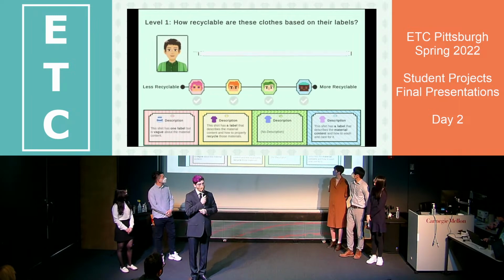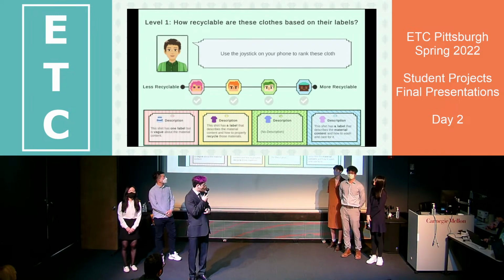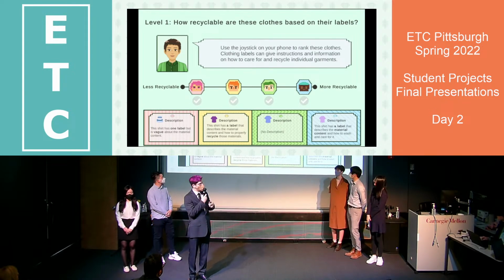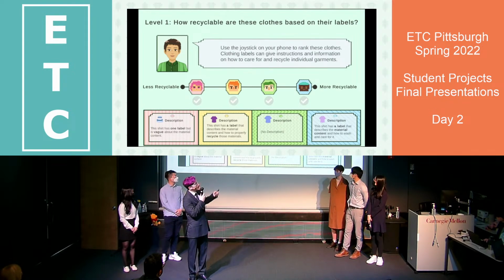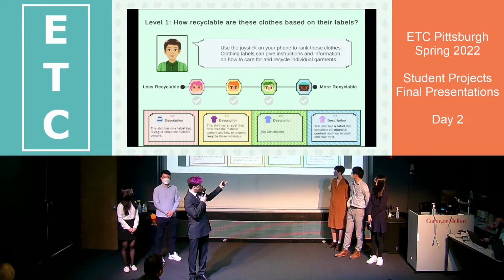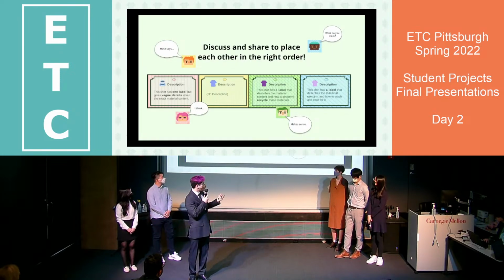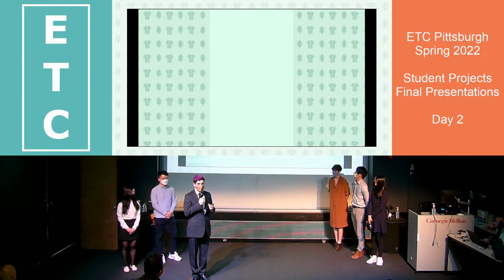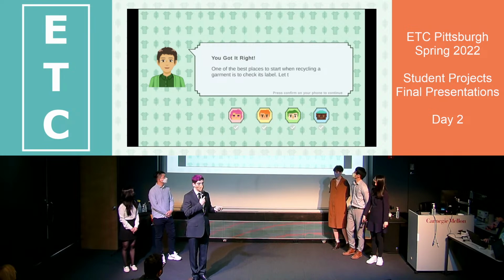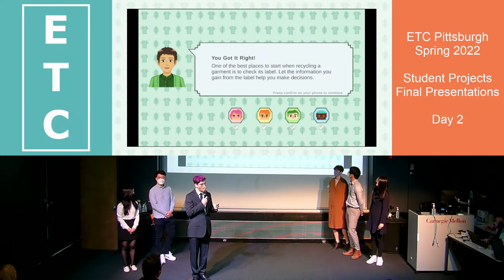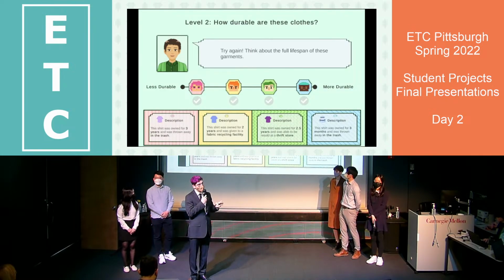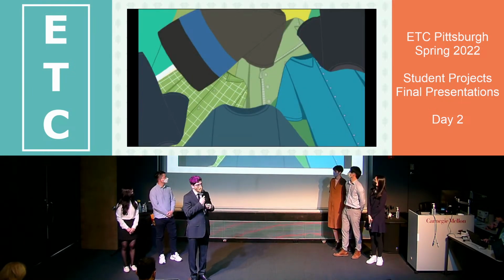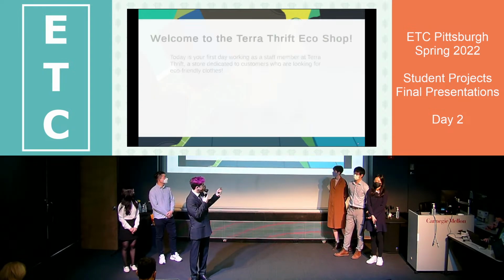This is an example level in our game where each player is assigned a garment which has a different description, different attributes, and they're trying to move themselves along this scale in order of recyclability for this first level. Different levels would talk about different attributes. Communication is encouraged, so it's not just something that you're able to do on your own. You need other group members to work together in order to beat the level and move on to the next one. In the event that you get something wrong, there's a hint, and once you've beaten all the levels, you'll move on to the play phase.